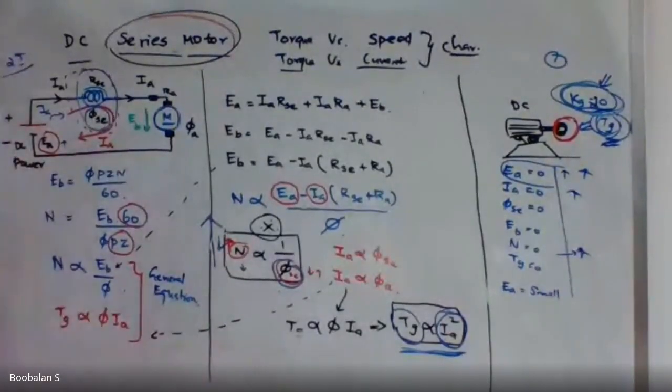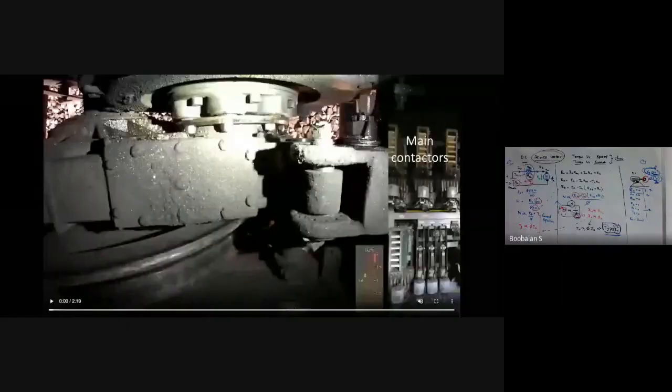Sir, where will they use this series motor? In the first case, you saw the DC shunt motor: wherever constant torque is required in industry, you can go with the DC shunt motor. But in the series motor, the starting speed is very high, you could see that equation, and the starting torque is also very high. In this big motor example, initially the starting speed is very high and the starting torque is very high, right?